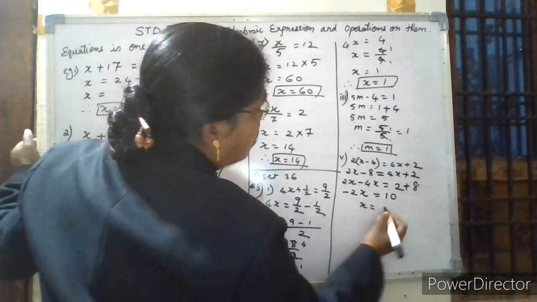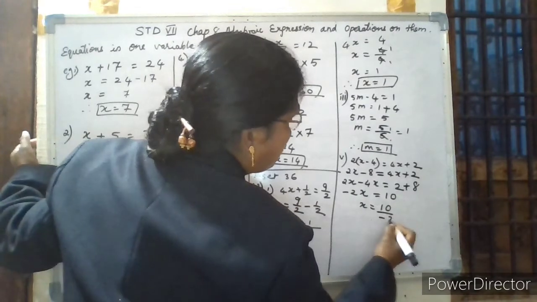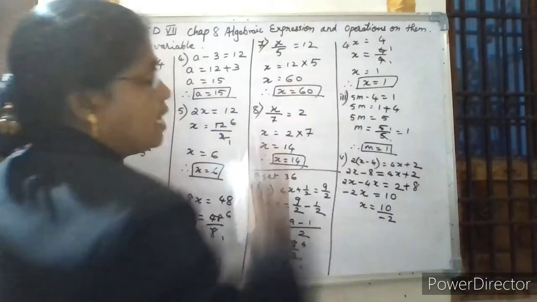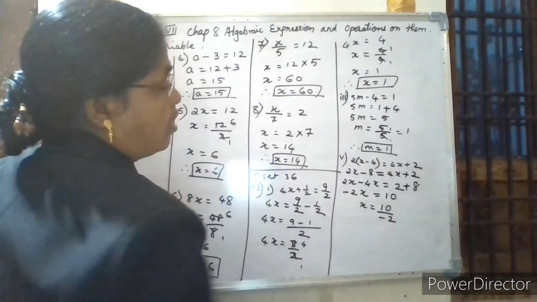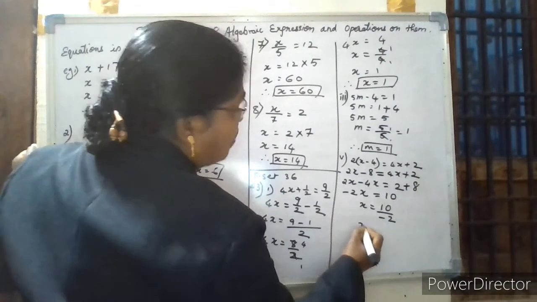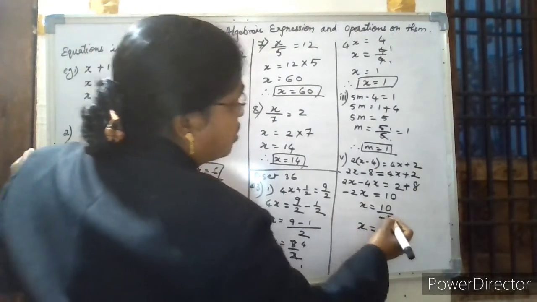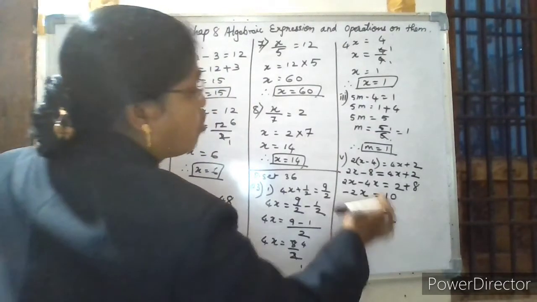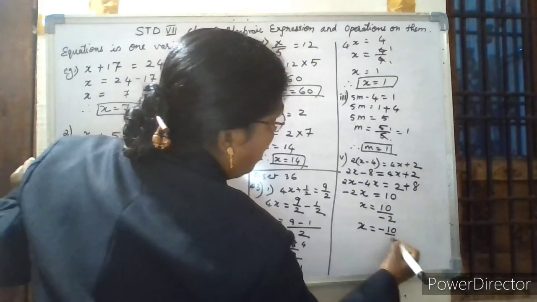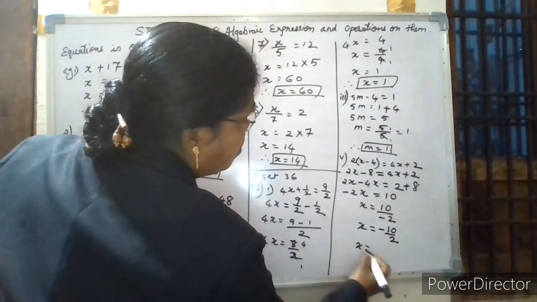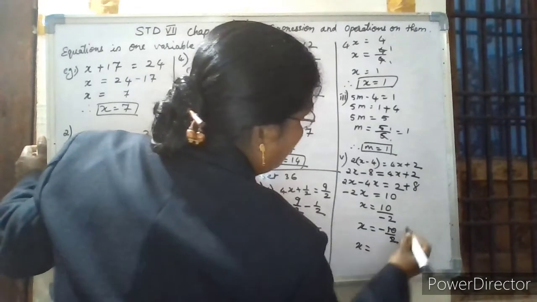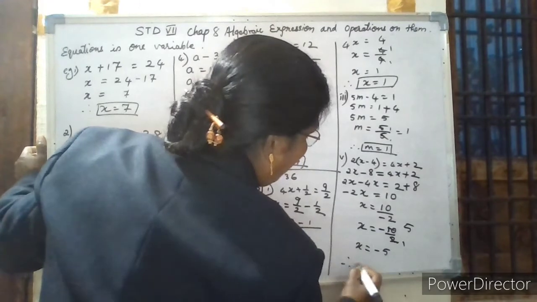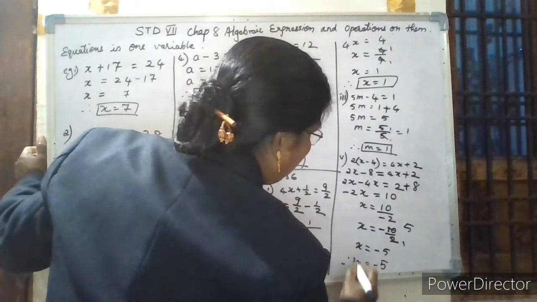So x is equal to 10 divided by minus 2. Because multiplication is there, when the number minus 2 goes to that side, it gets divided. But we cannot write it this way. This is a very wrong method of writing a fraction. When the minus sign is in the denominator, we cannot leave it there. So give it to the numerator as minus 10 by 2. So x will be equal to minus 10 by 2, where 2 fives are 10. Therefore x is equal to minus 5. Therefore the value of x is minus 5.